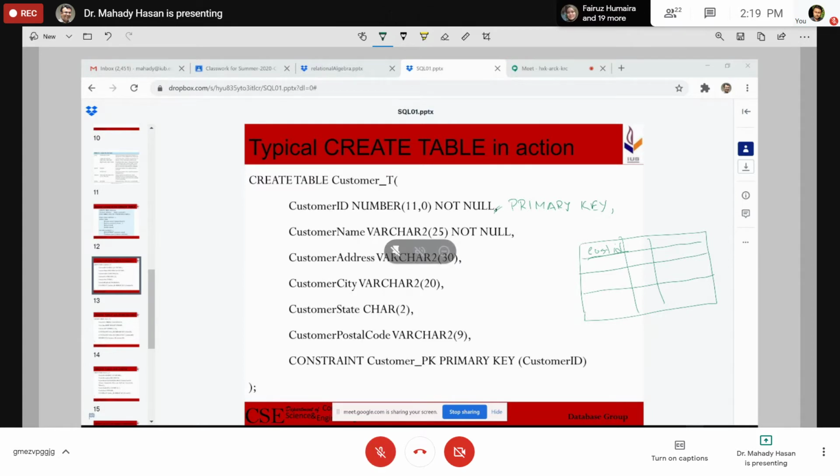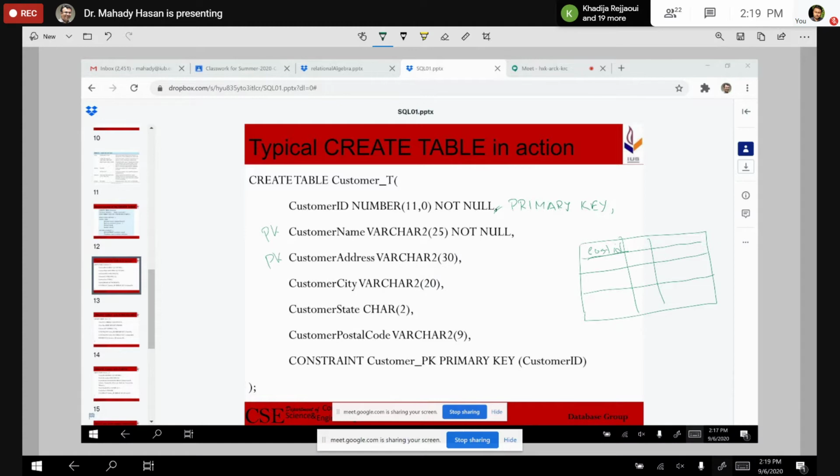For example, customer ID is not a primary key. I want to make, let's say, customer name and address, this combination, my primary key. These two should be my primary key. What should I do? But I have already executed the SQL and I have set customer ID as primary key. What should I do now to change the primary key from customer ID to customer name and address?